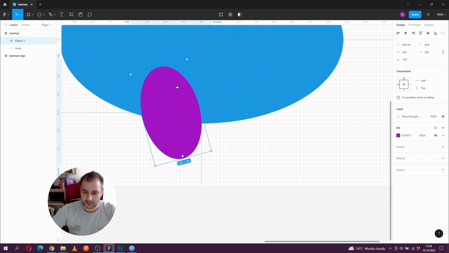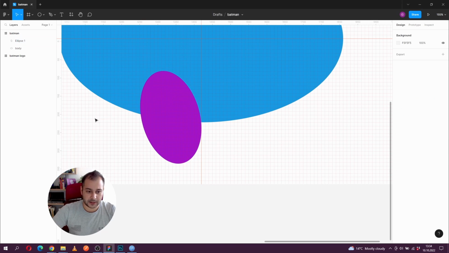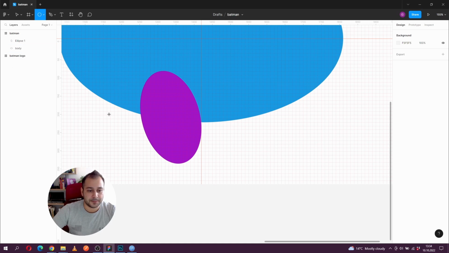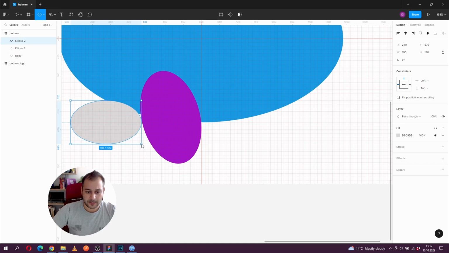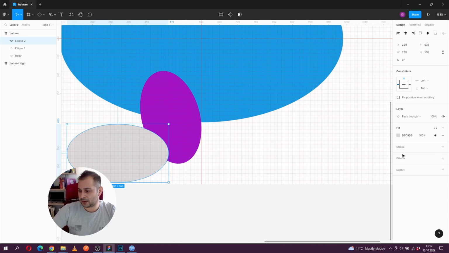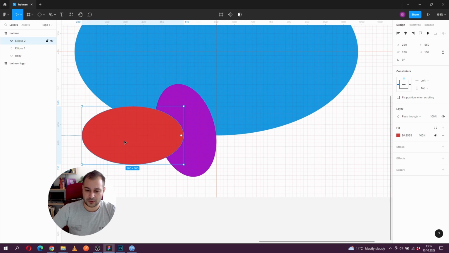Okay, we're gonna want to create the tail of the bat. Let's create another ellipse, and I'm gonna take again the ellipse tool, click and drag, and this one I'm gonna make it 280 by 160. Okay, and again, give it another fill. Let's go with the red and same angle. If you just want to fill in the angle, you can go here and hit -75, confirm by pressing